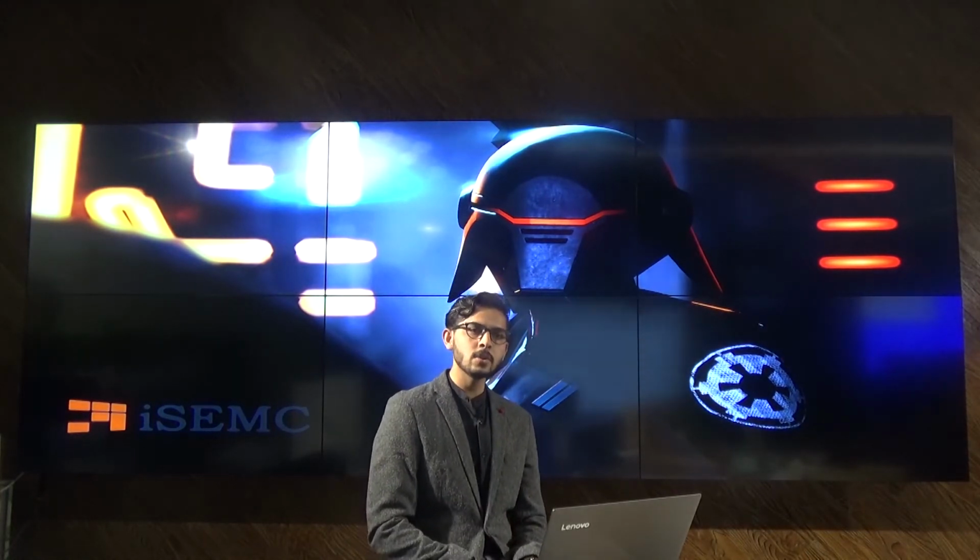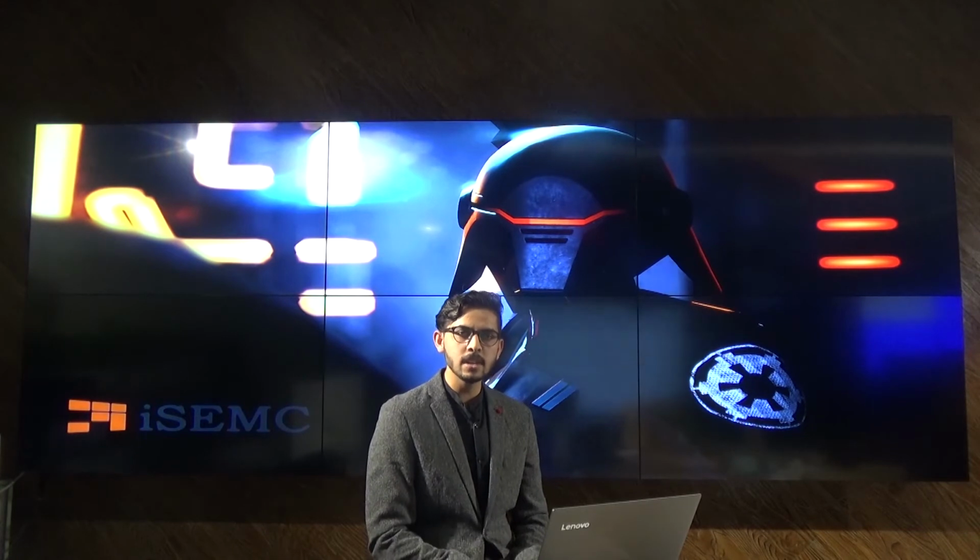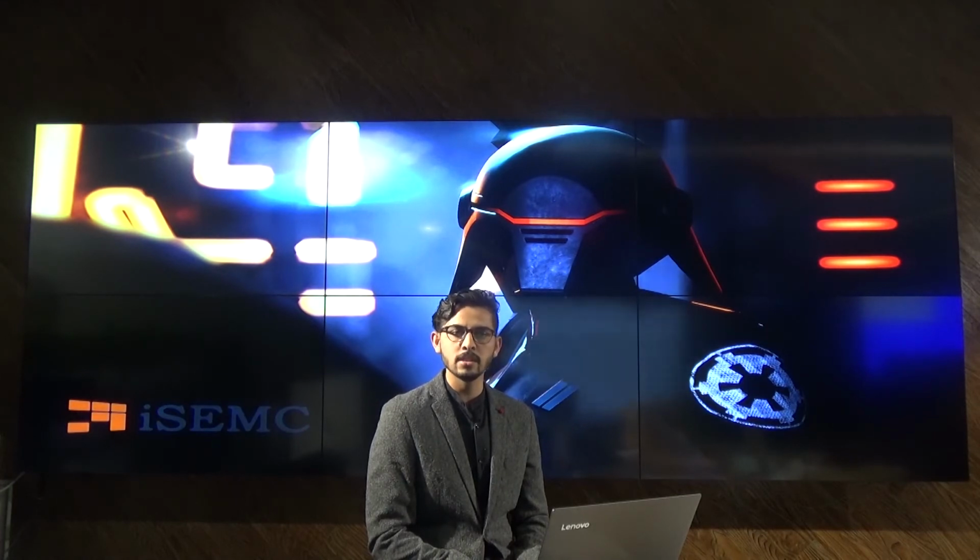Scrolling text. In this controller, we have two types of text: subtitle based and running text. For subtitle based, we can go to the resource feature and create the content we want to show on the screen. After creating, we can save it in the resource feature. So that's how we can get the scrolling subtitle.